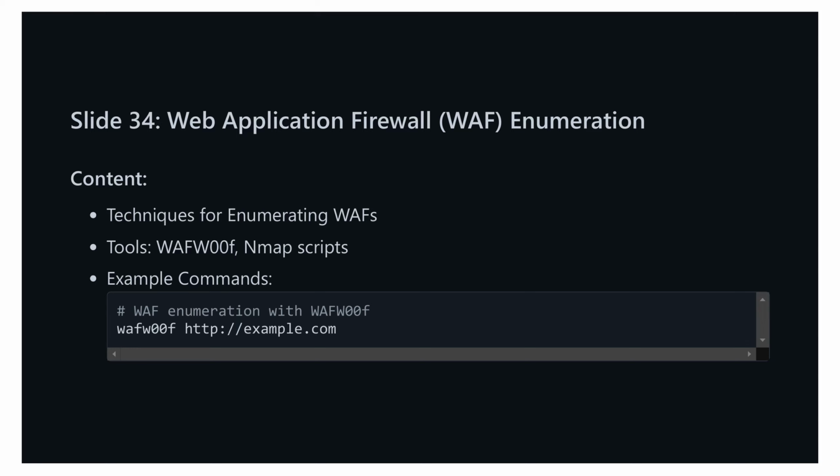Moving forward, we're now on slide 34, focusing on Web Application Firewall, or WAF, enumeration. Enumerating WAFs is a critical step in understanding the defensive mechanisms in place that might prevent an attack. Tools like wafw00f and specific Nmap scripts can be highly effective for this purpose. For example, you can use wafw00f with a simple command such as bash, wafw00f example.com. This command helps you detect and fingerprint web application firewalls, giving you valuable information on the layers of defense